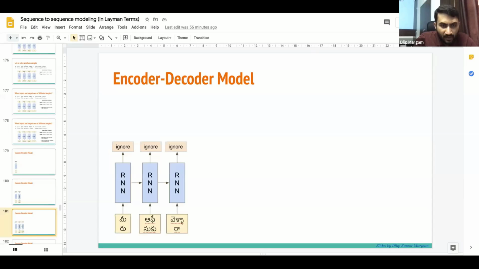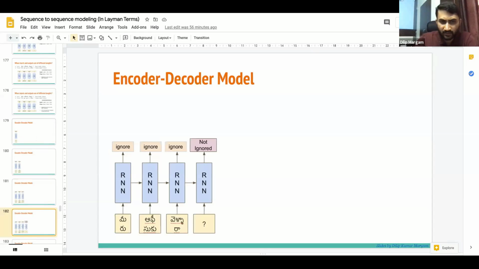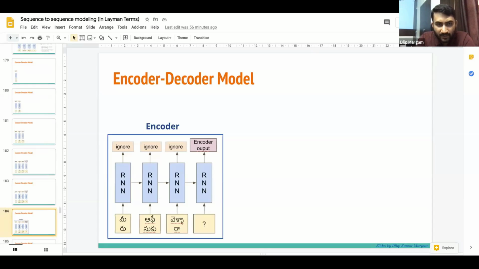Velera is also given and the output is ignored, and the last token's output is not ignored; it is considered as the encoder's output. This complete RNN is called the encoder. It takes the input sequence and the final output is considered as the encoder's output. Now let us see what the decoder is.